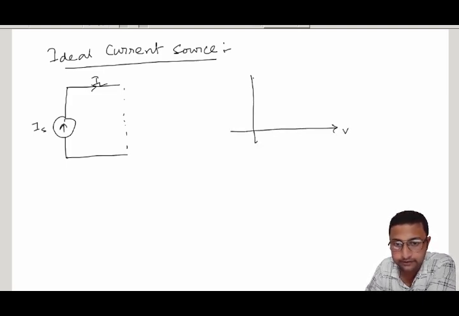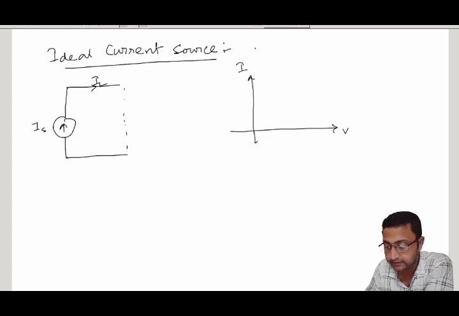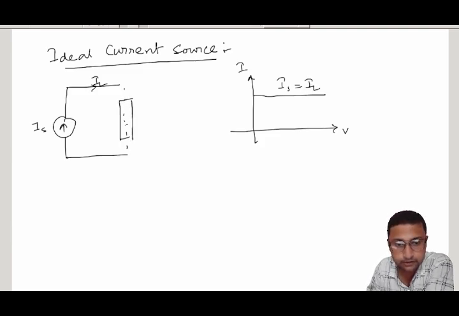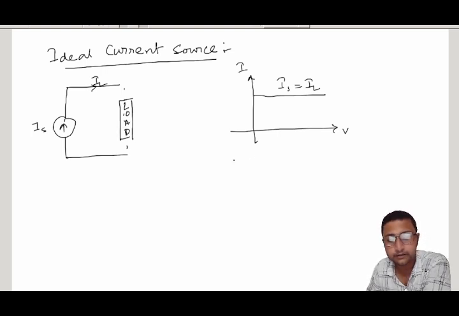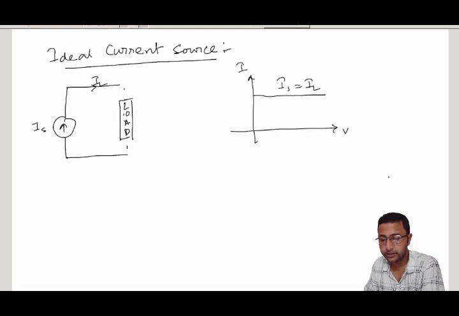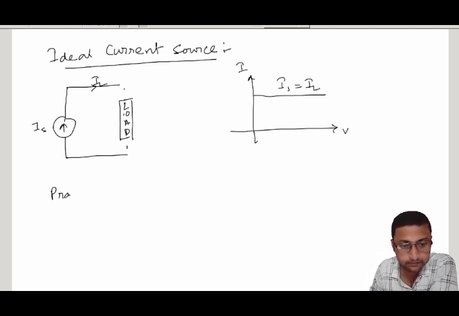this is the voltage axis, this is the current axis. In this case, we consider the current source, which is plotted on the y-axis. So, this is the Is or IL. That means if we connect a load here, this is the load terminal, the supply current is the same as the current flowing to the load. Okay, and in the case of a practical current source,